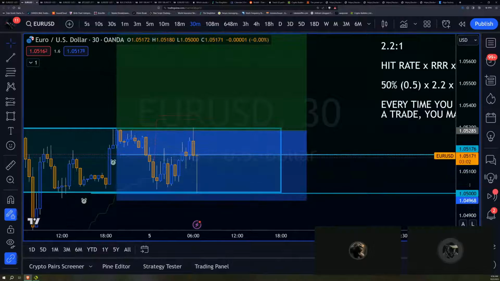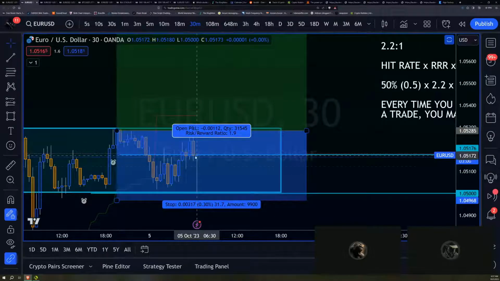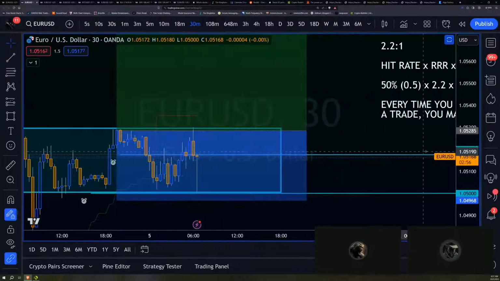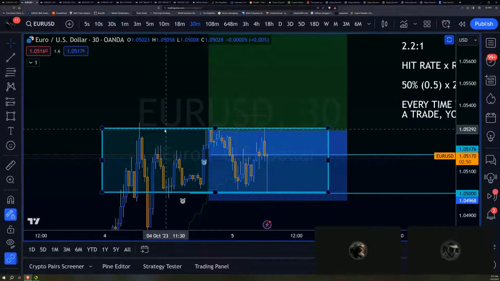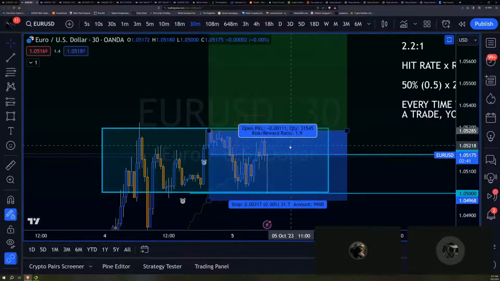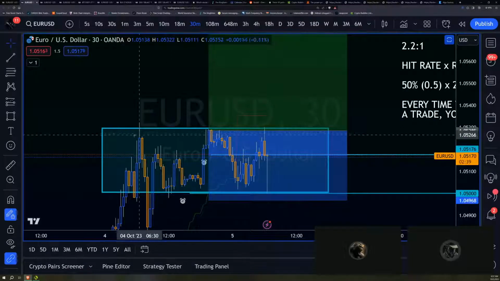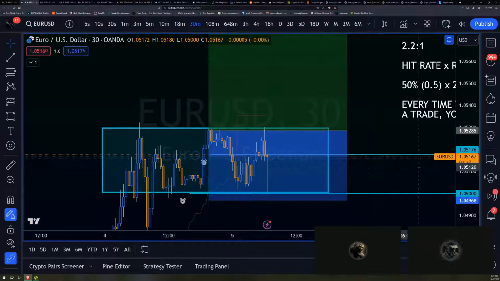That is annoying to traders, but it's just part of the game. Price went down, took me out of the trade, went right back up. That's like it. This is when trading begins to feel a little personal. It's like, look, if you got a $50,000 account or something, they don't care about you. They don't care about your trades. You're not big enough for them to give a shit about, right? So the fact that the price went down and took you out, they're not looking at you. They don't care about you.